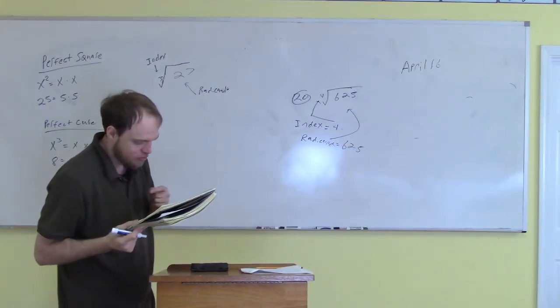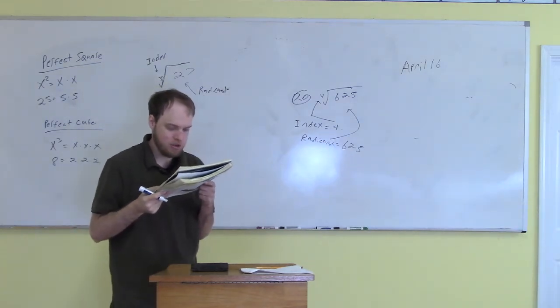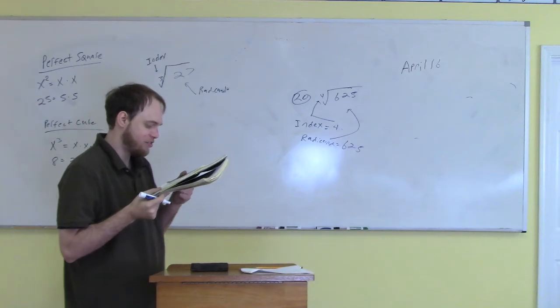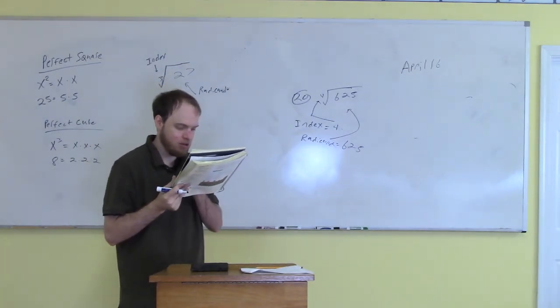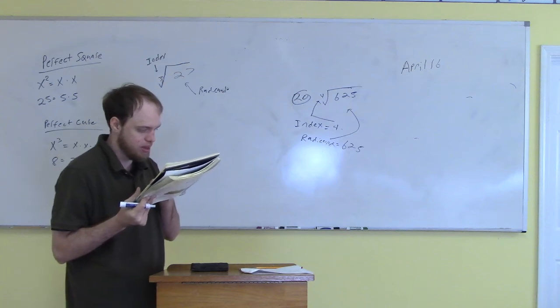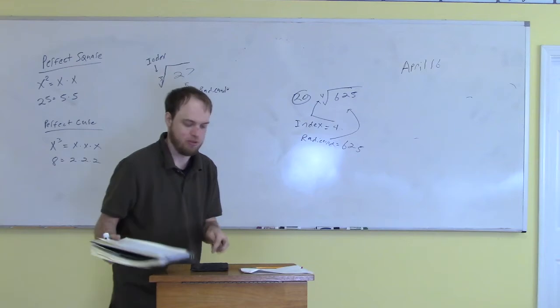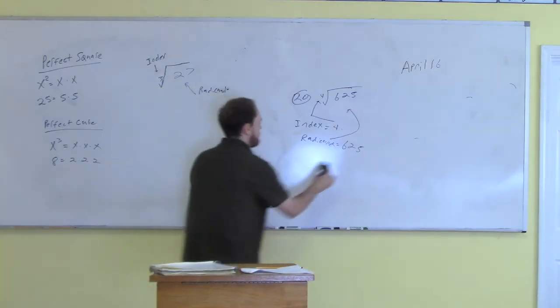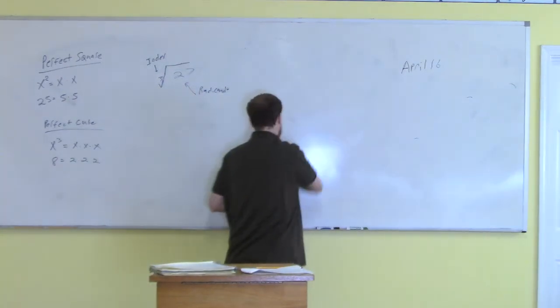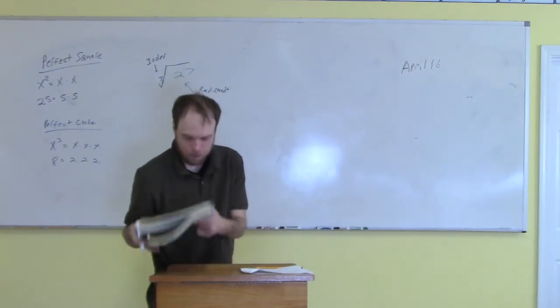All right, the next few say write the missing radicand or root in the blank. So you're going to have to write either the missing radicand or root. And it says make the statement true. So we're going to assume that we're making these true. So if we look at, for example, number 24,